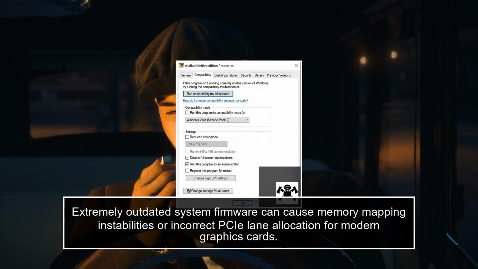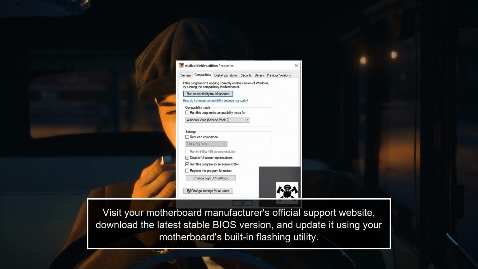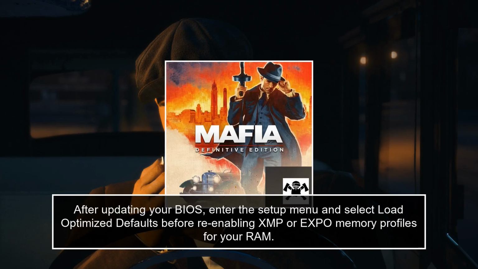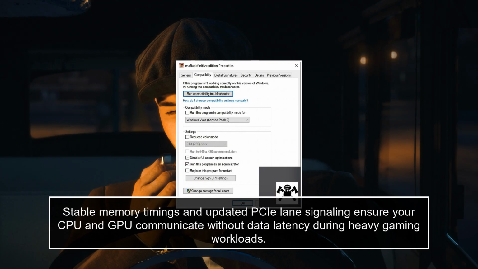Extremely outdated system firmware can cause memory mapping instabilities or incorrect PCIe lane allocation for modern graphics cards. Visit your motherboard manufacturer's official support website, download the latest stable BIOS version, and update it using your motherboard's built-in flashing utility. After updating your BIOS, enter the Setup menu and select Load Optimized Defaults before re-enabling XMP or EXPO memory profiles for your RAM. Stable memory timings and updated PCIe lanes signaling ensure your CPU and GPU communicate without data latency during heavy gaming